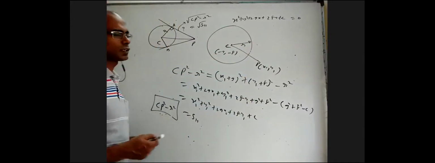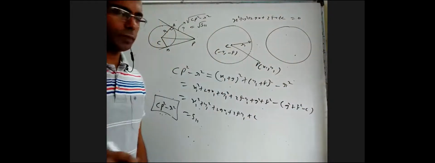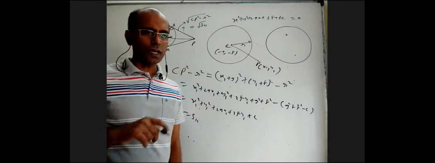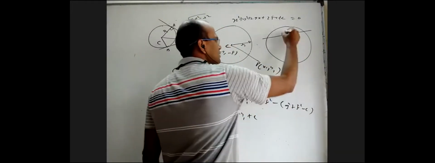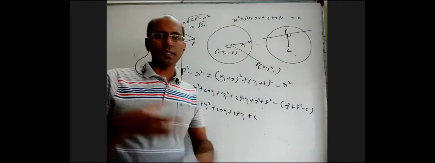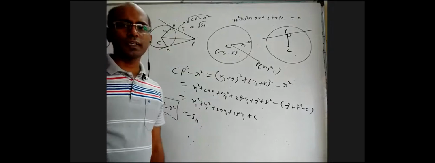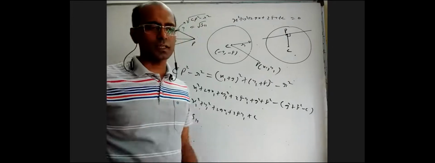There's one more formula related to this. If I have a circle, I have a point P inside the circle, and through that there are a lot of chords, but only for a particular chord it is the midpoint. There's a particular chord where this point is the midpoint. What is the length of that? So this is C, this is P. When you join, this angle is 90. In 9th or 10th class, there are a lot of properties of circles you might have learnt in pure geometry. Whatever you learnt in pure geometry in 8th, 9th, 10th, they are very useful for us, especially in the circles chapter.